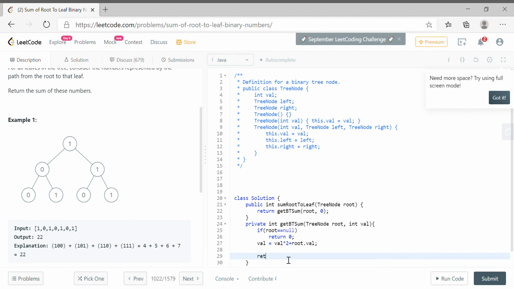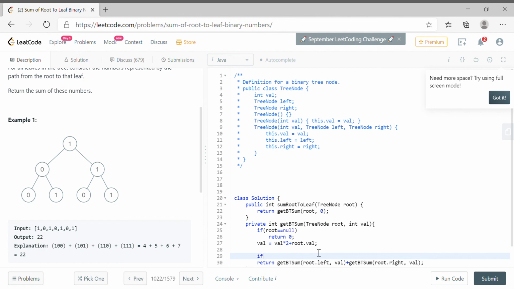So return getBTSum of root.left, val, plus getBTSum of root.right, and we are passing val there. Cool, so this should solve our problem, but we need to avoid the extra call.